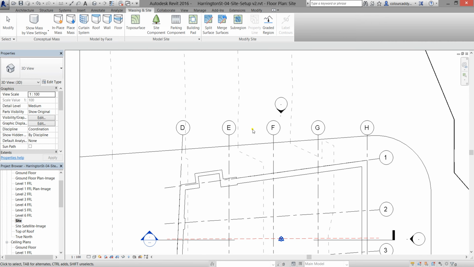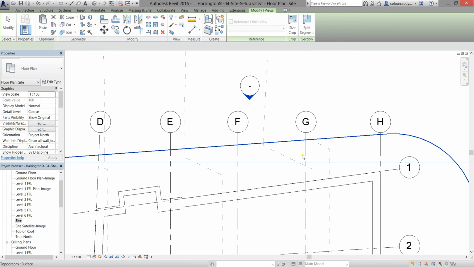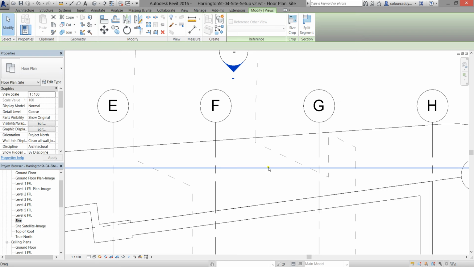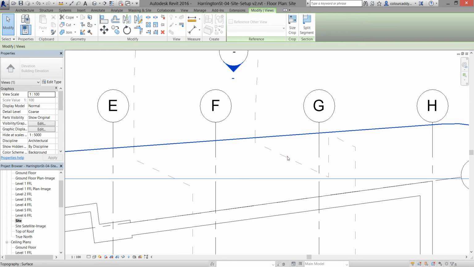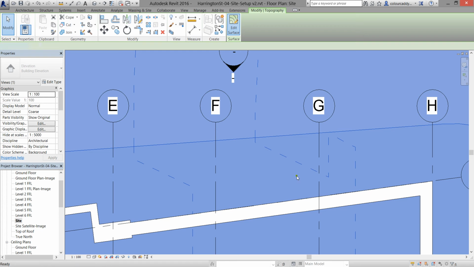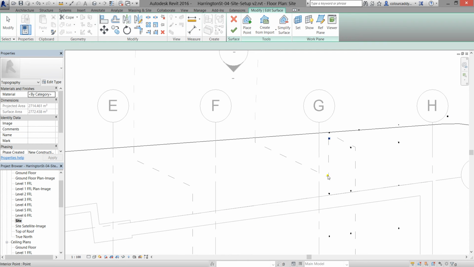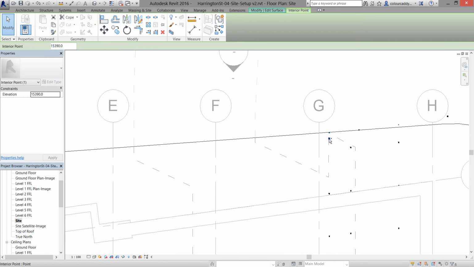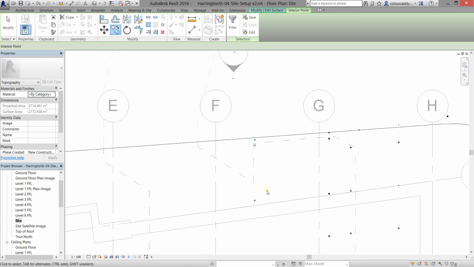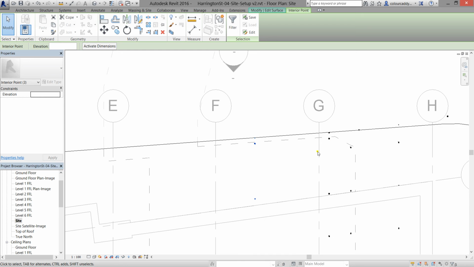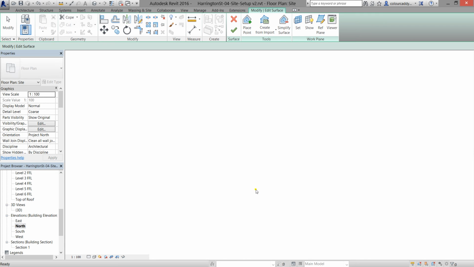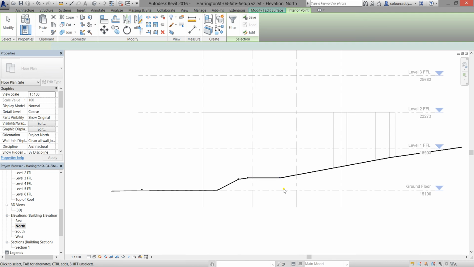So if I select that, yeah, so the contours there are a bit messy. But if I move that elevation view a little bit closer, and then we'll try fine-tuning that in another way by, again, going back to these contours and trying to copy these points along here, which will make those contours much smoother. But then remember, we need to still go into the north elevation and adjust them so that they follow the